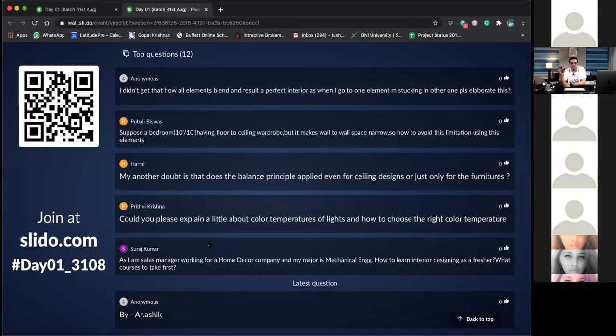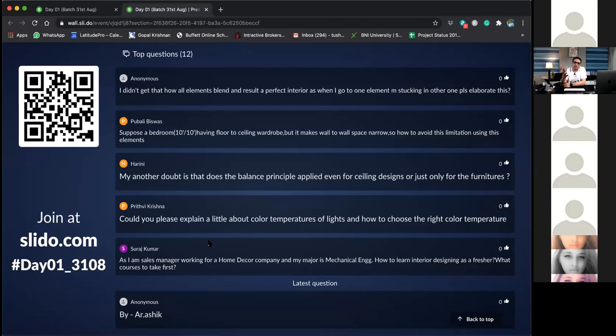First of all, why is the principle used? Principle is used to balance the space by doing the layouting. Once you do the layouting, you can use the balance. And the moment you enter, what kind of rhythm do you want to give, where do you want your eye to go from? Based on that, you can use the rhythm, but you don't necessarily have to blend all the elements and principles.